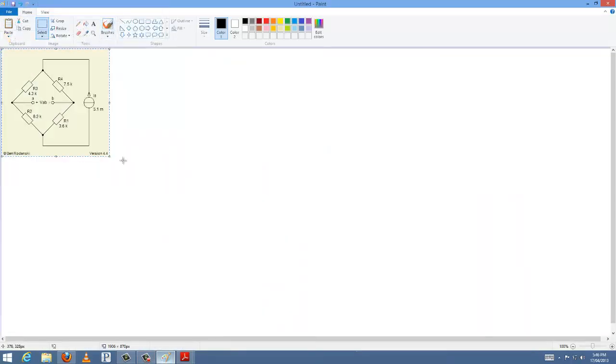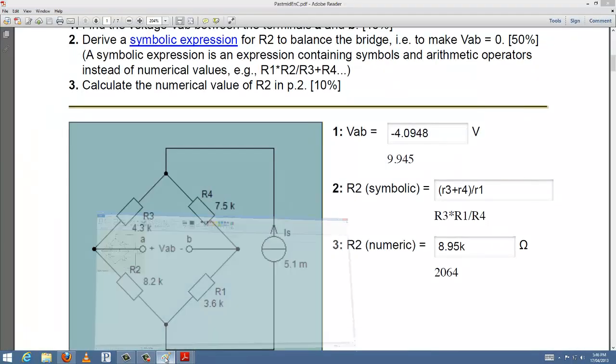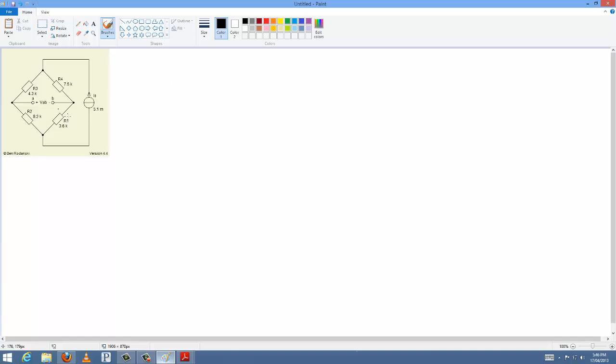Okay, file, new. Let's go with this one. Now you already know the explanation, so I'm just going to do the working. And I'll try and make conversation so it's not so boring. In fact, no. Do I still have it? Nope, it just completely got rid of it. But yeah. Okay, so